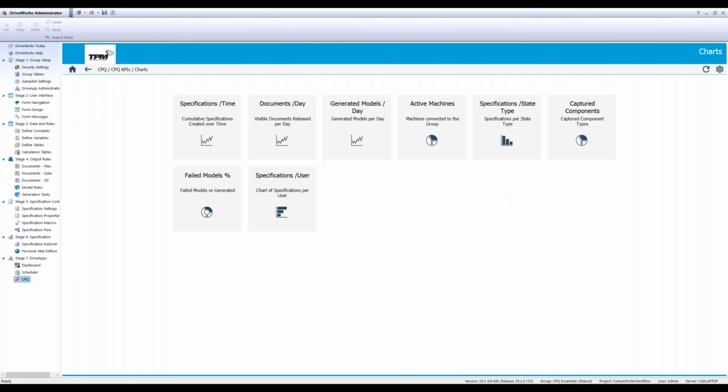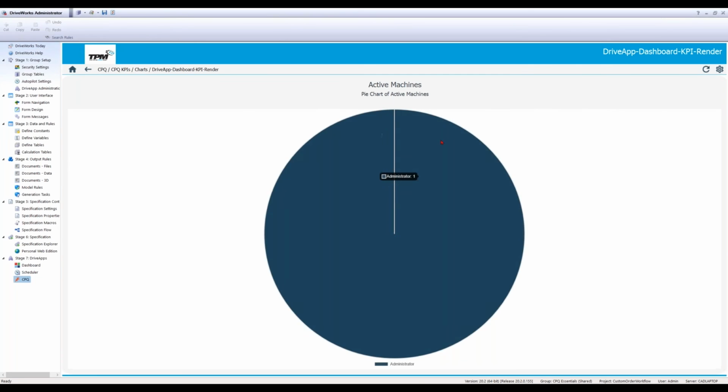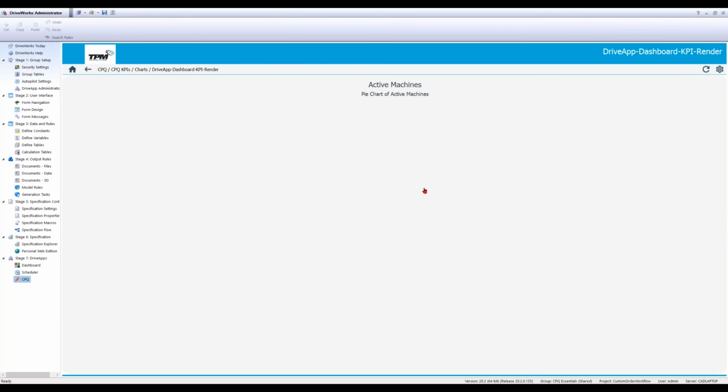You prefer to see information in charts? We can link to bespoke charts that DriveWorks can render for you. You just point it to the data and it'll go. You know, that's a basic pie chart. We have some graphs. I don't have a whole lot of data here, so there's not much to see, but